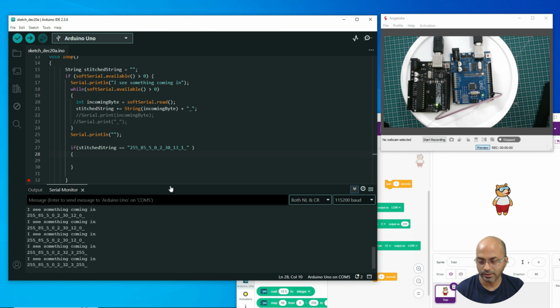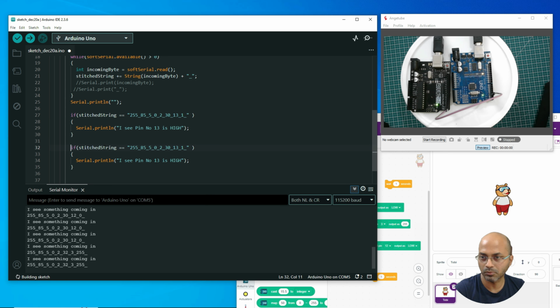Okay, so with that understanding, I want to print a message. I know what I see now, right? I see pin number 13 is high. Then I know the pattern, so I don't need to sniff anymore for these two. And else if this is 0, then it is low, and else if